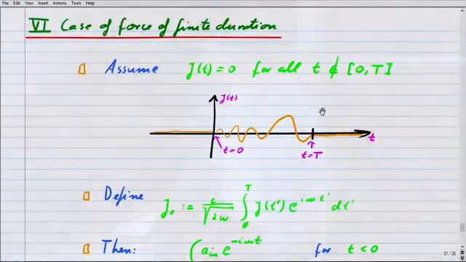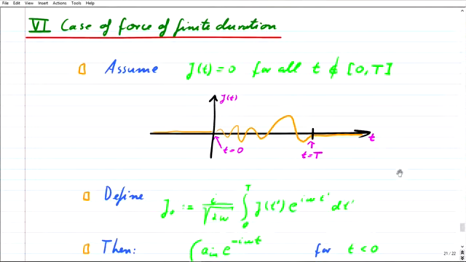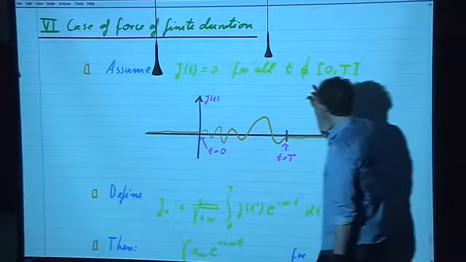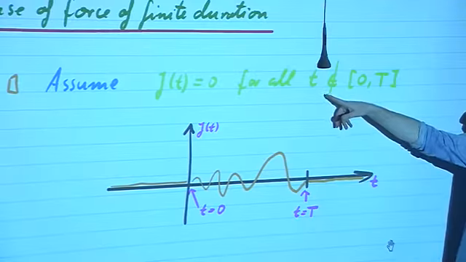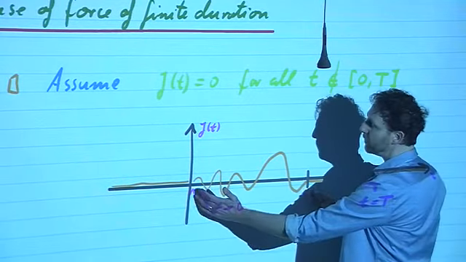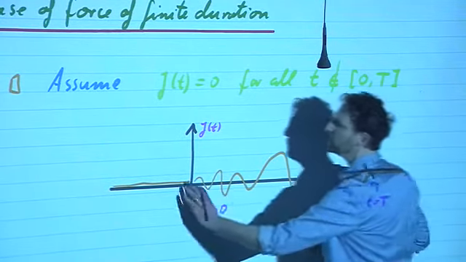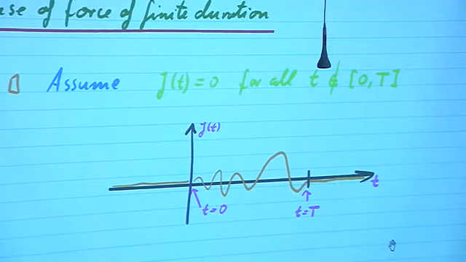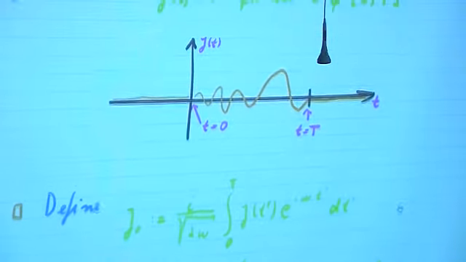Okay, so let's say, for example, we have a force of finite duration. So let's say J of t is equal to 0 for all t outside a certain time interval. So let's say the driving force acts on this time interval. Before there was no driving force, afterwards there is no driving force. It's an antenna that just is on for a finite amount of time. In this case,